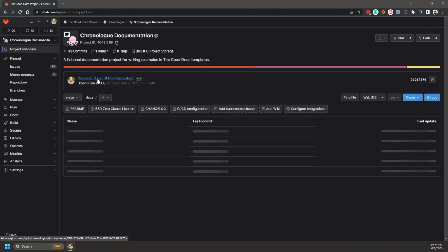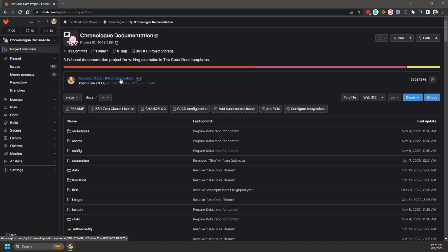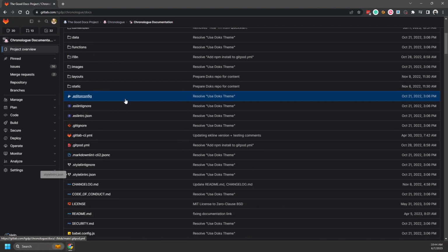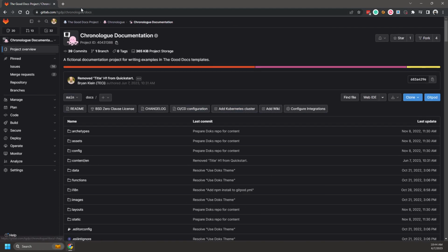We can see that "remove title H1 from quick start" is the last commit. That was the commit in my branch that just made it over. I didn't make a special squash commit to resolve the issue with a whole bunch of other commits. And this should update, and we should see that in the quick start. Now, one thing that's interesting about this, if we go to the docs,